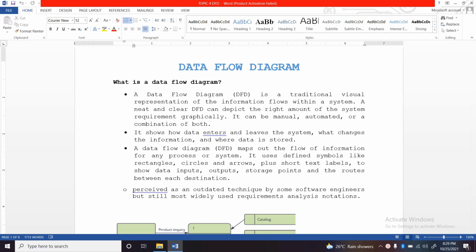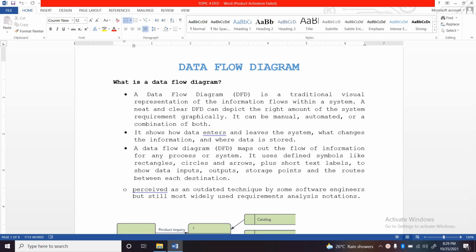Good day everyone. Today we are going to discuss the DFD, or what we call the data flow diagram. Last time we discussed the entity relationship diagram and the entity relationship diagram optionality. Now may we focus on the data flow diagram, and to start with, may we answer the first question